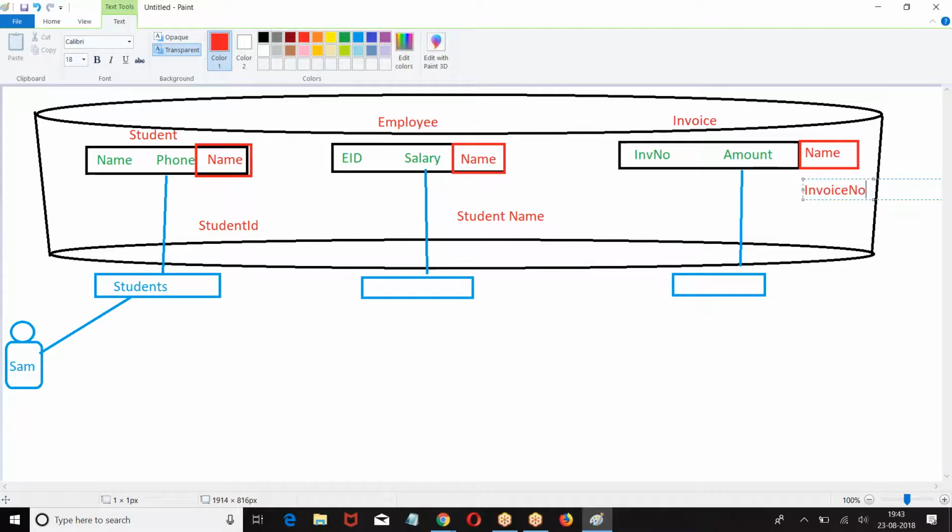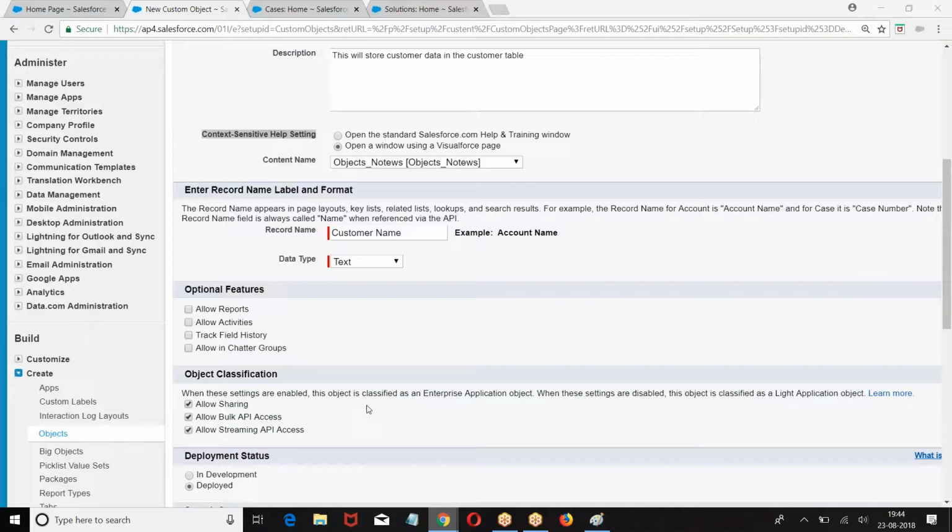With what label should the name field be displayed on the UI? That should be defined by record name label. Record name label.